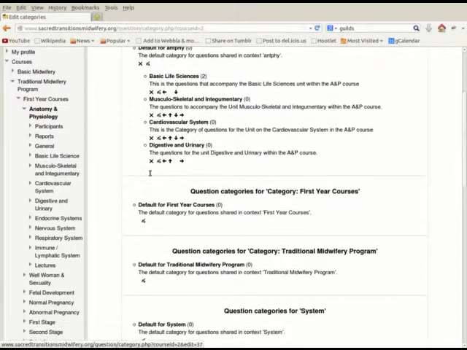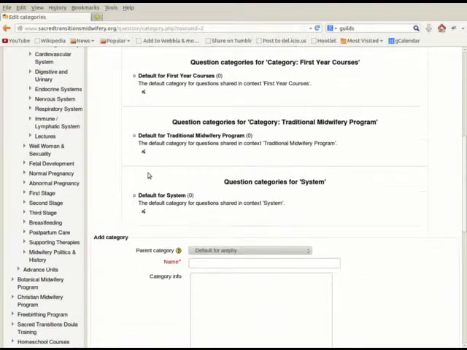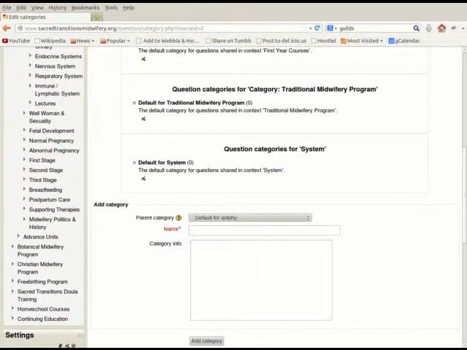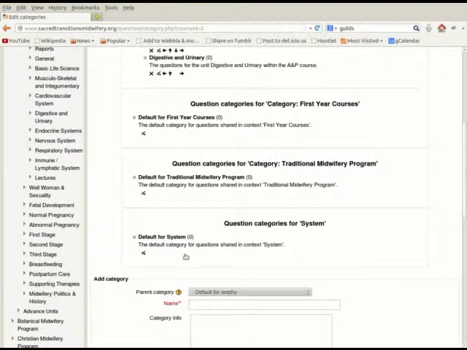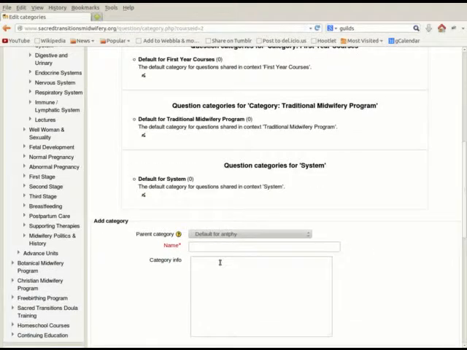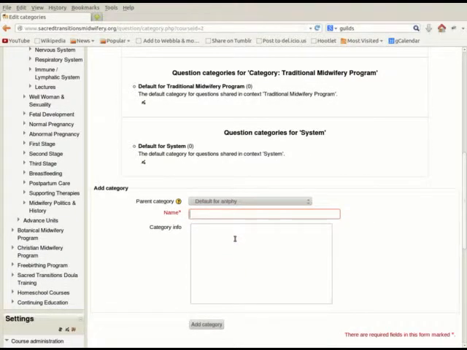So the first thing we want to do is scroll down and look at the section down here where we can add a category. The nice thing is that we see on the left side the different topics within the course, so we can just go down through here: cardiovascular, digestive and urinary. So the next one is endocrine systems. So we want to go ahead and create our category under endocrine systems,